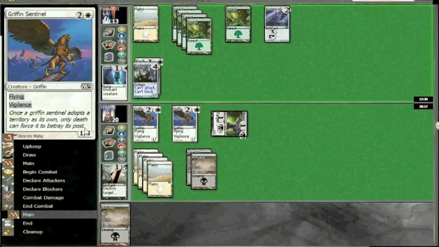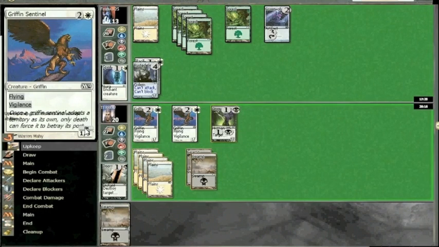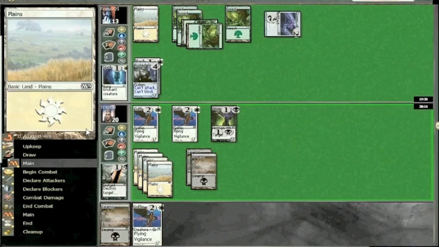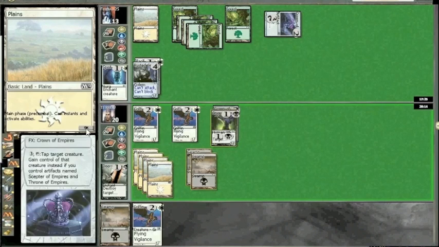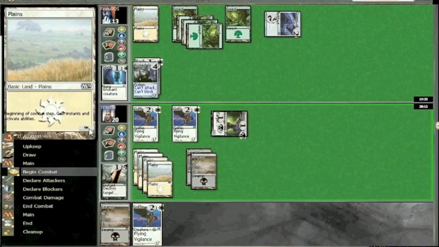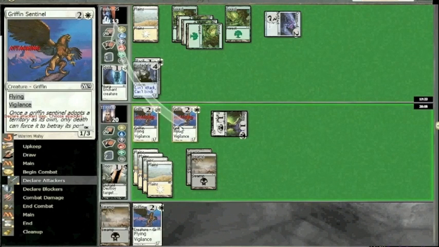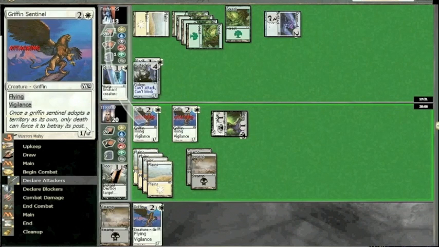Okay. Still, okay, he did nothing. Should be a little worried about that. Okay, he's going to tap down the 2/1. Okay. Do another 2 damage to him. And here comes the Plummet,